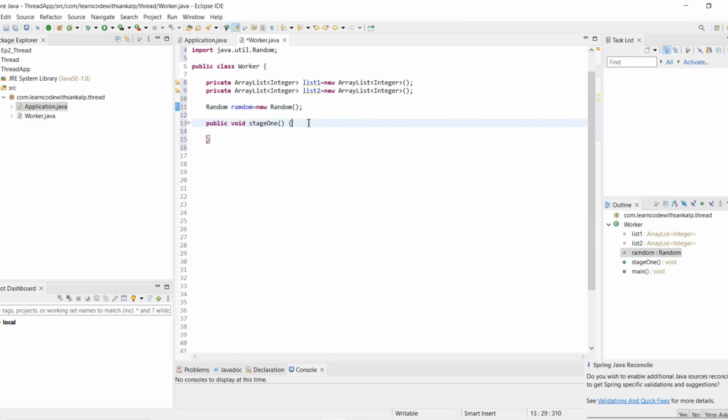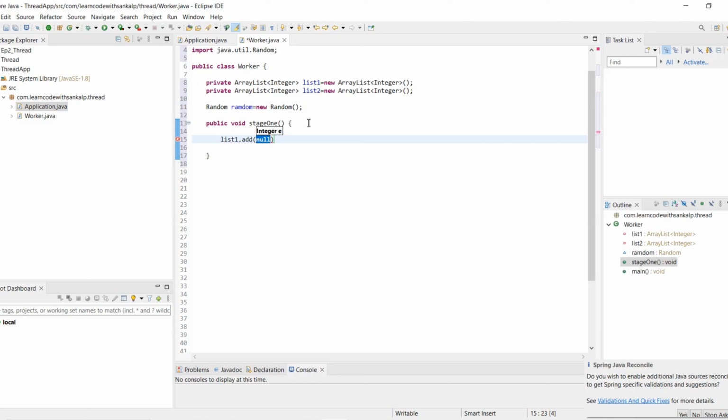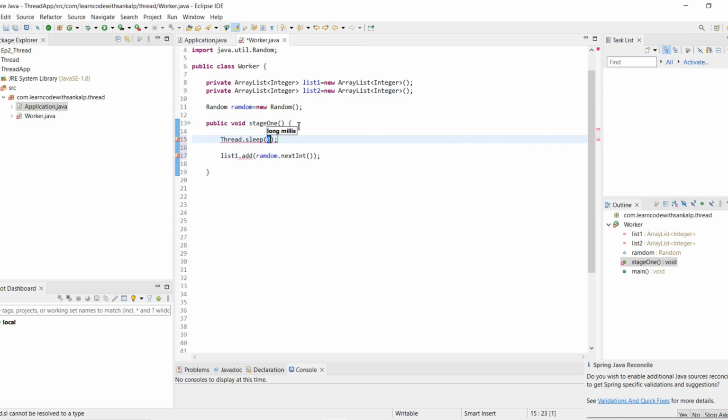Then we call the random method and add to the list, list1.add(random.nextInt()). And we are delaying using the Thread class, like 1 millisecond. That will throw an exception, so we have to add a try catch block.